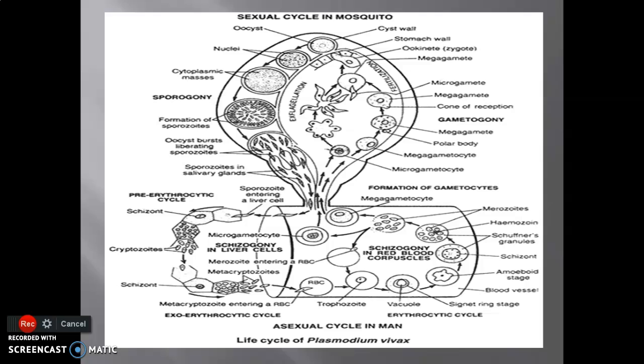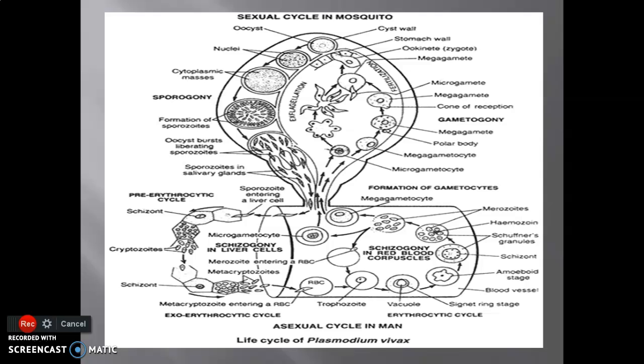It forms metacryptozoite, and metacryptozoite is a form which now starts to invade red blood corpuscle, that is RBC, and after entry of metacryptozoite it turns into a first form in the RBC, and that is called as trophozoite. Trophozoite turns into vacuole formation, which gives a signet ring stage, and then this changes to this amoeba-like structure, and a stage is